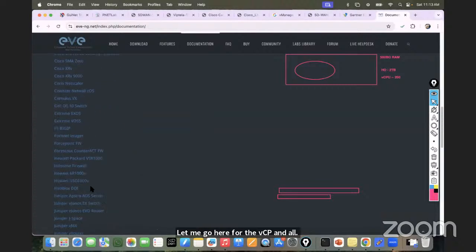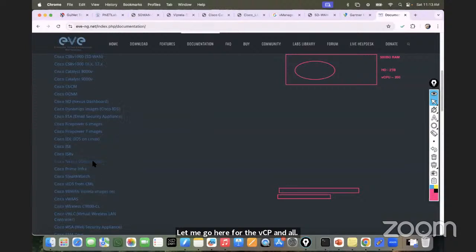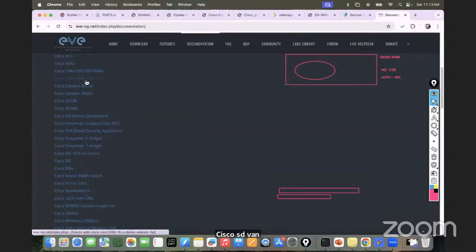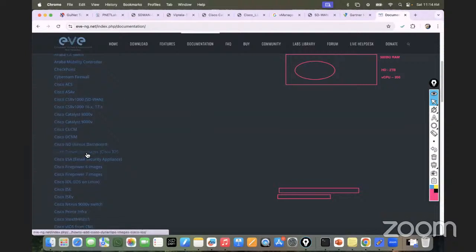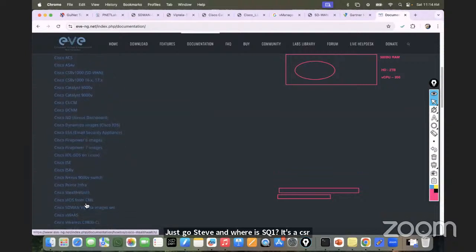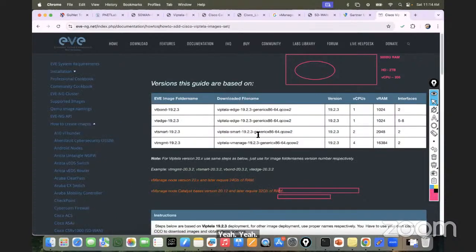Cisco SD-WAN. So if you see, in a single vManage, if I'm going to deploy that, it is going to require